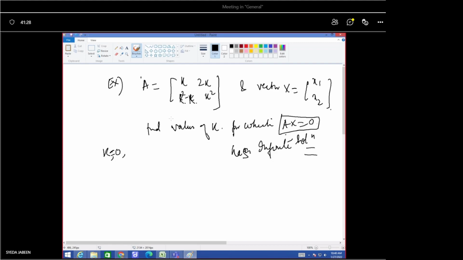K equal to -2. नहीं ठीक से, you check out. K equals 2 and K equals 0. अच्छा, तो इनफाइनाइट सॉल्यूशन कब होगा? बोथ केस में। ठीक है तो